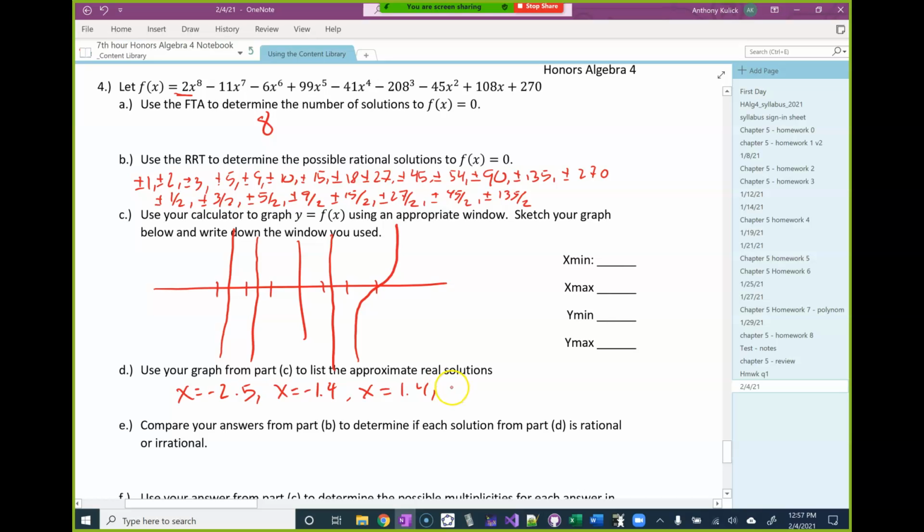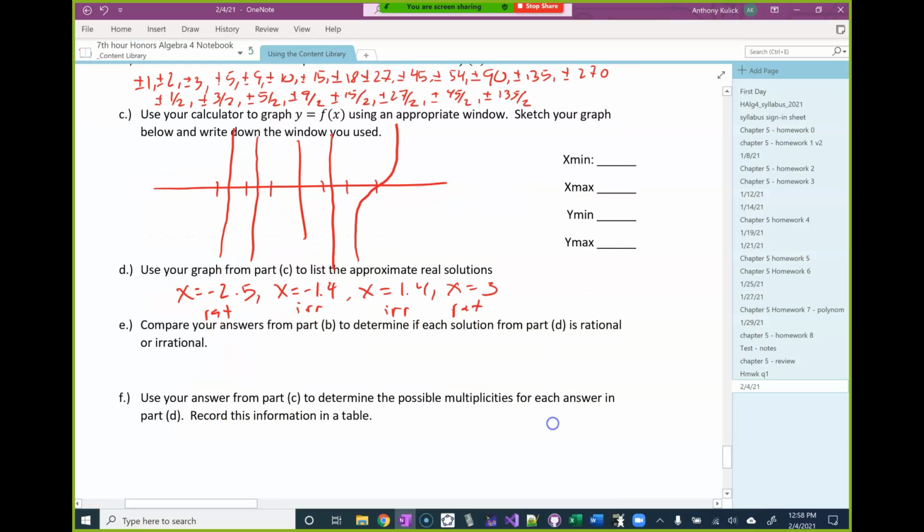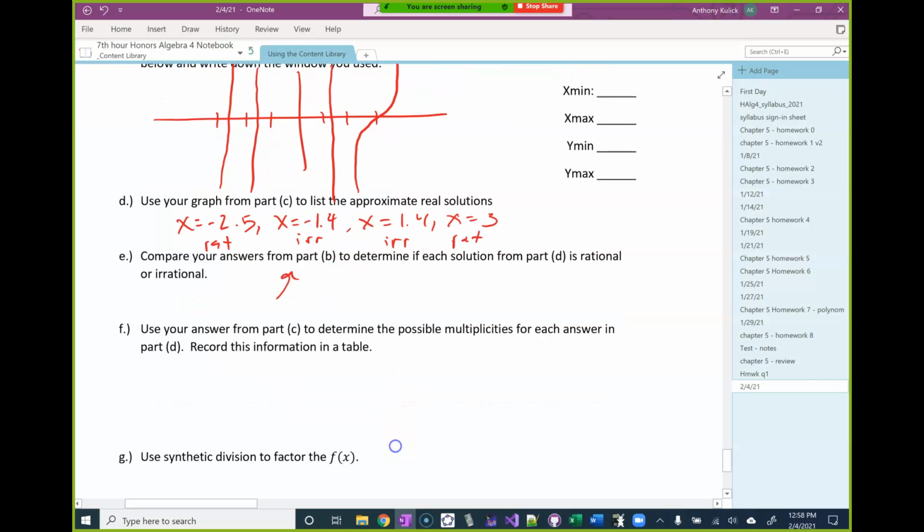Since I don't know for sure whether the negative 2.5 and the 1.4 and negative 1.4 are rational or irrational, I'm going to just list them separately. I have 5 over 2, which is 2.5, and I have 3 over 2, which is 1.5, on my list of rational solutions. So I'm a little bit hazy as to whether those two are actually on there or not. So I'm going to just list them all separately and not put any